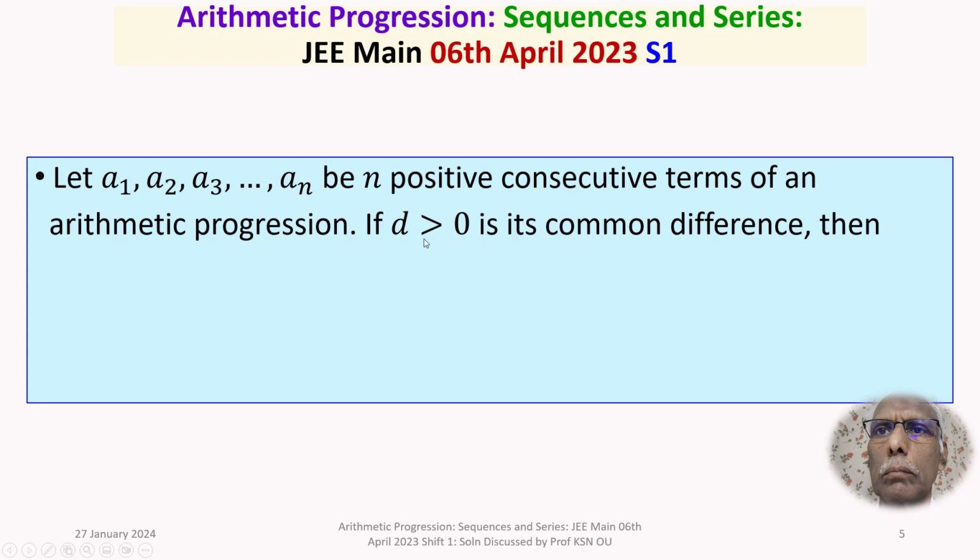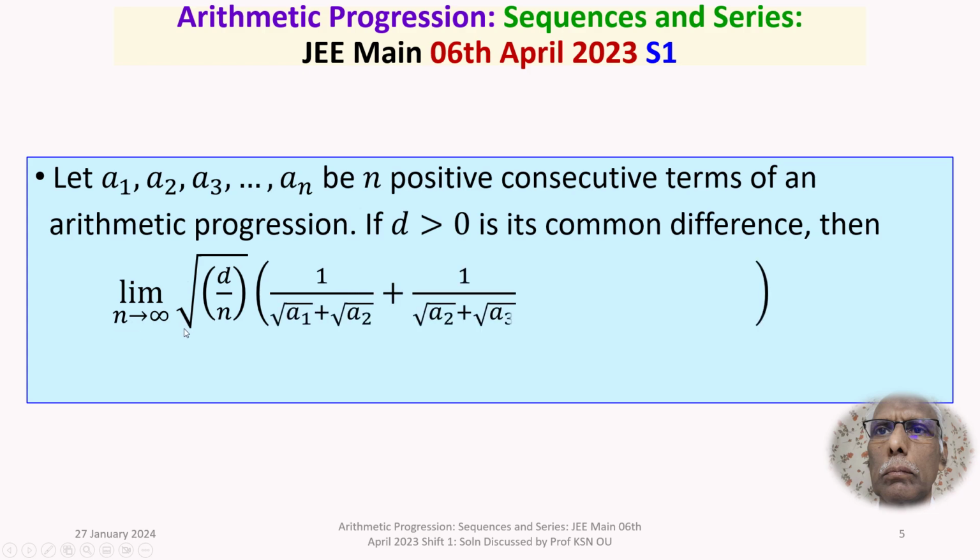If D greater than 0 is its common difference, then limit n tends to infinity of under the square root of d by n into 1 by root a1 plus root a2 plus 1 by root of a2 plus root of a3 plus etc. plus 1 by root of an minus 1 plus root of an is,